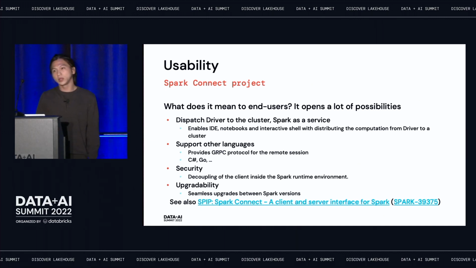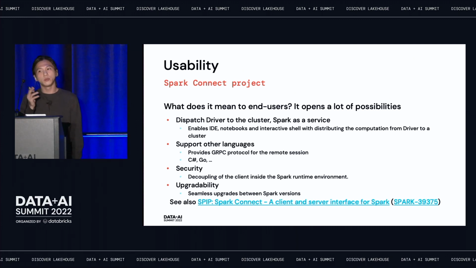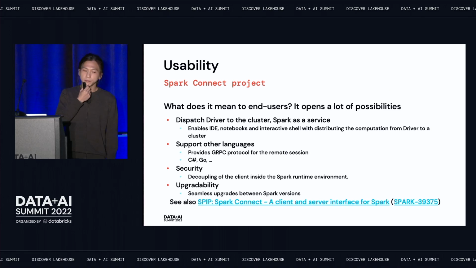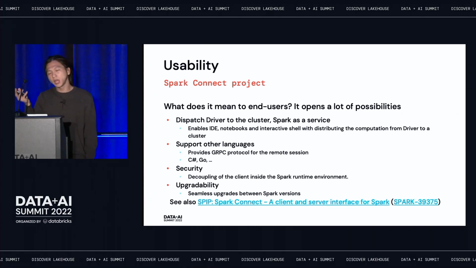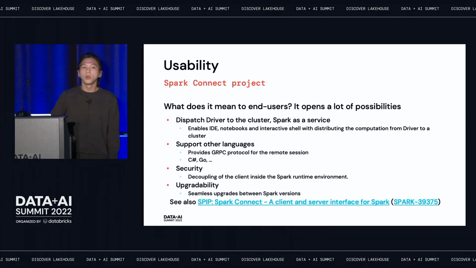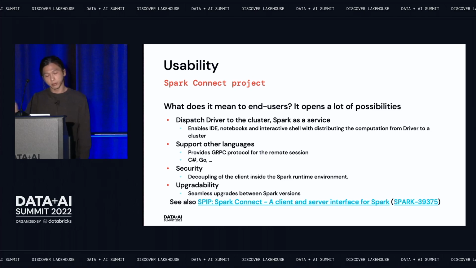And another one is that support for other languages will be very easy, right? For instance, SparkR currently implements a very complicated logic to communicate with the JVM. It has its own protocol. And I know there are some third-party libraries, for instance, .NET or C++ support for PySpark. And they implement their own logic to communicate with the JVM, very complicated.